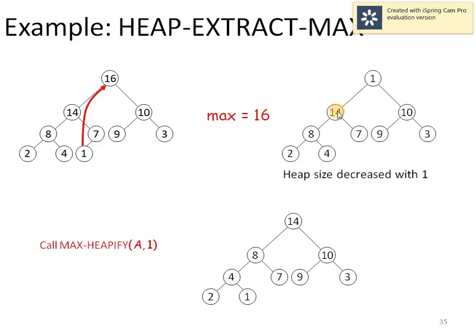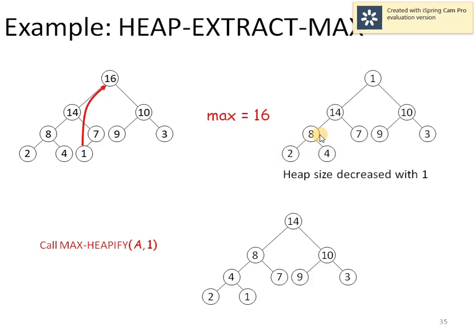Max heapify will be called as there is an exchange. So 1, 8 and 7 will be compared. Again 8 comes out to be the maximum. So 8 will be used for the exchange with 1 now. So we will have 8 at this position. Now 1 has reached the position of 8.